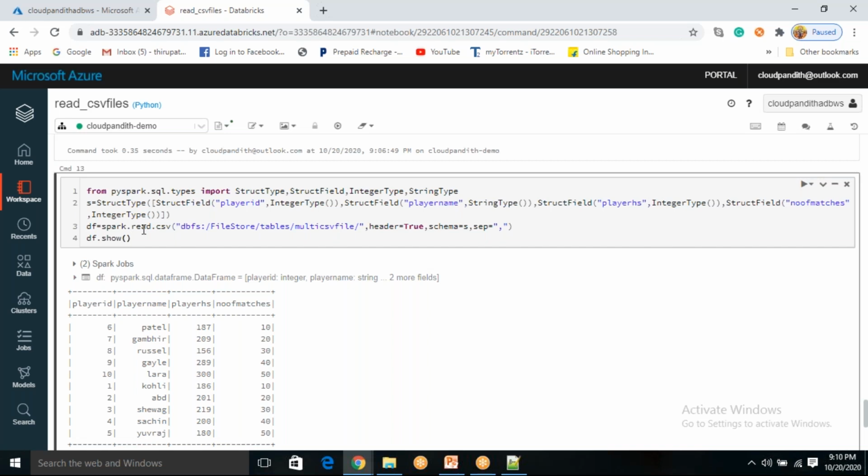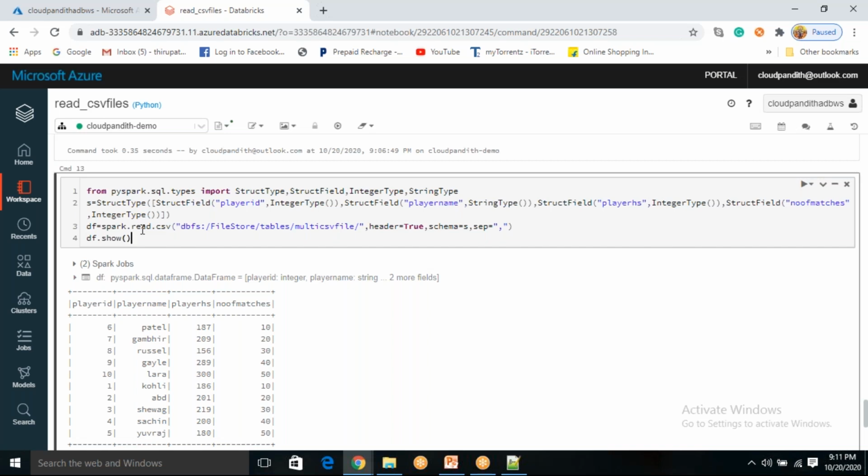First, identify from where you will get all this data. See, first thing is you need to understand. Suppose you don't know the data types. What you can do, first time you try to read a file which you received from the source, and use inferSchema equal to true. Then you will get the schema. Based on this schema, what is the column, what is the data type, you can identify. Based on that, you can define the schema.